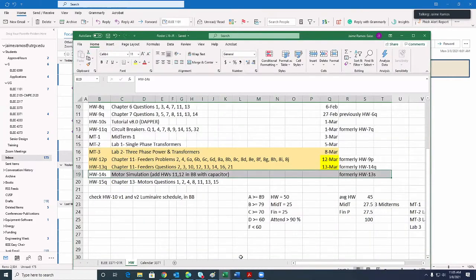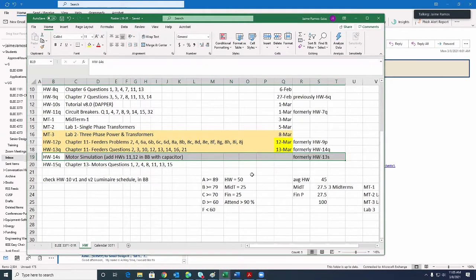Okay, so you must be able to see my screen with the,